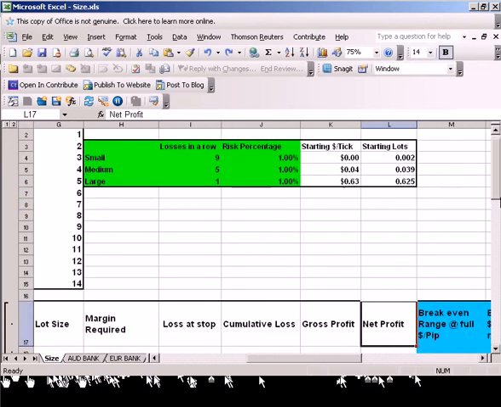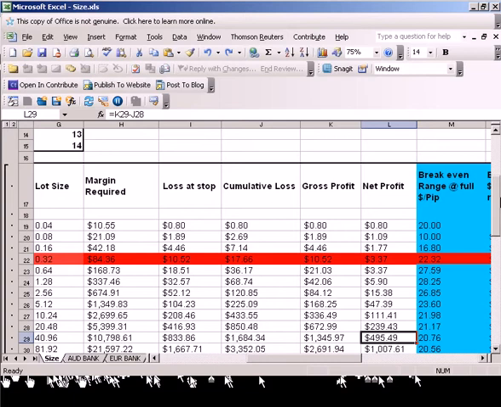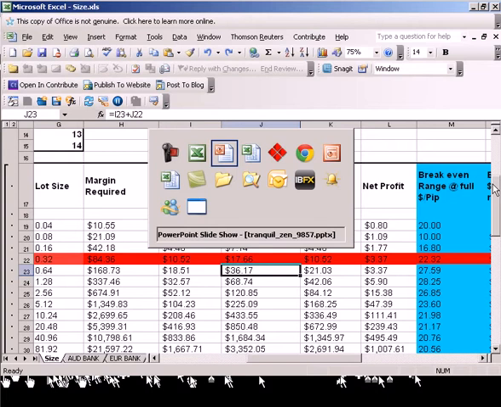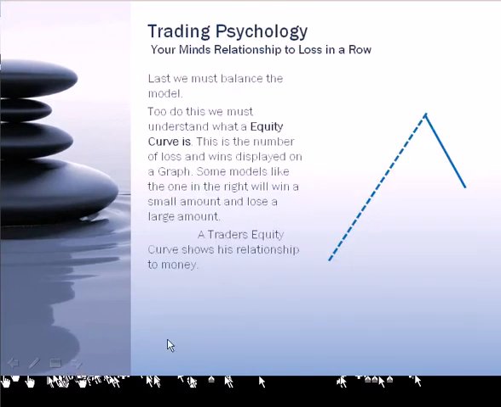Now watch. Look at net profit. After every loss, I come out to profit. I come out in profit after every single loss, all the way down. But my cumulative loss in this case is increasing. Now, I can only do this with one more thing that we have to bring up. We've got some more things we have to discuss, but what we can do is overcome loss with a money management profile. All right.